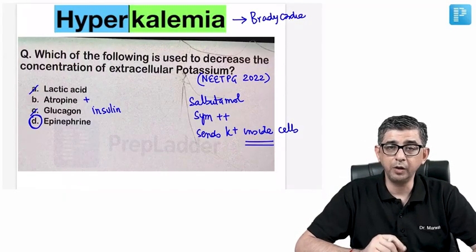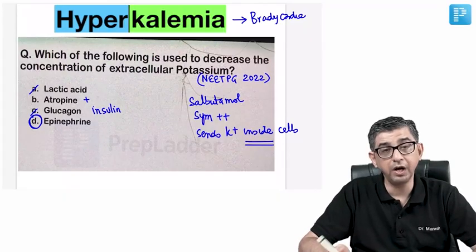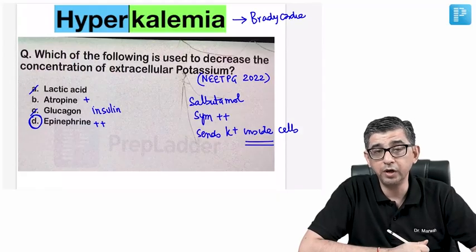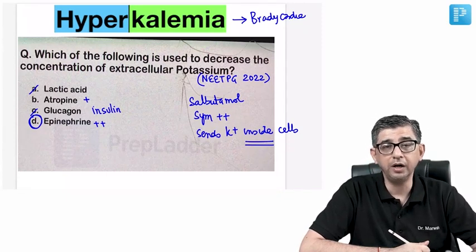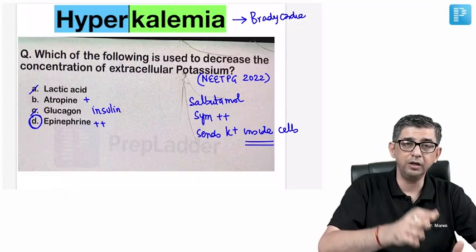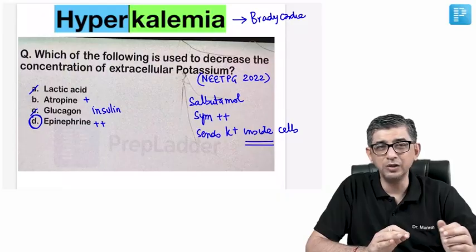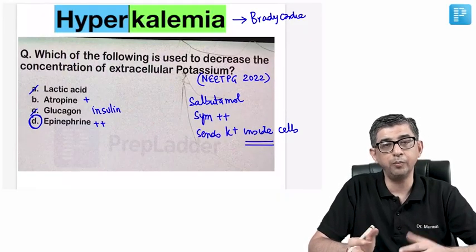Had this question said that a hyperkalemia patient is having a bradycardia, yes, I would have been comfortable with atropine. But which of these drugs is best suited? See, atropine will treat only bradycardia, no? Atropine is not going to treat the hyperkalemia component, but with epinephrine, I can neutralize the reason behind the development, or I can counteract the effect of potassium, because in dangerous hyperkalemia, I would say,